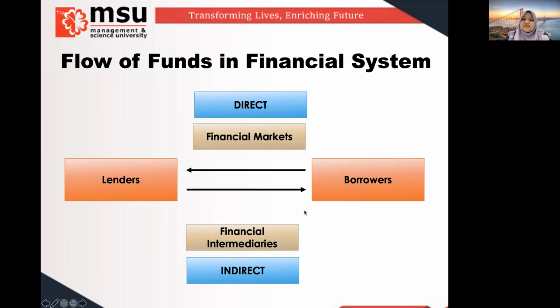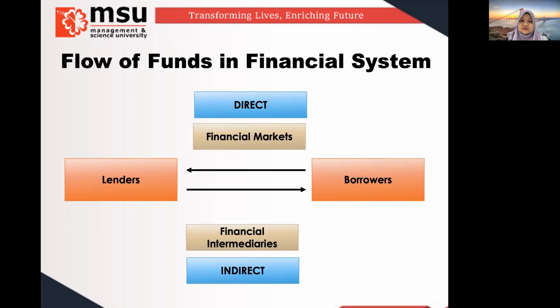However, if they go to financial intermediaries, lender and borrower actually interact together, but they do not meet each other. So lenders go to financial intermediaries because they have surplus in funds, they have more money, so they do saving in financial intermediaries. All right, so borrowers have a shortage in fund. They need more money to generate profit. They need more money to use as capital for a business. So what they do, they will go to financial intermediaries and ask for funds.